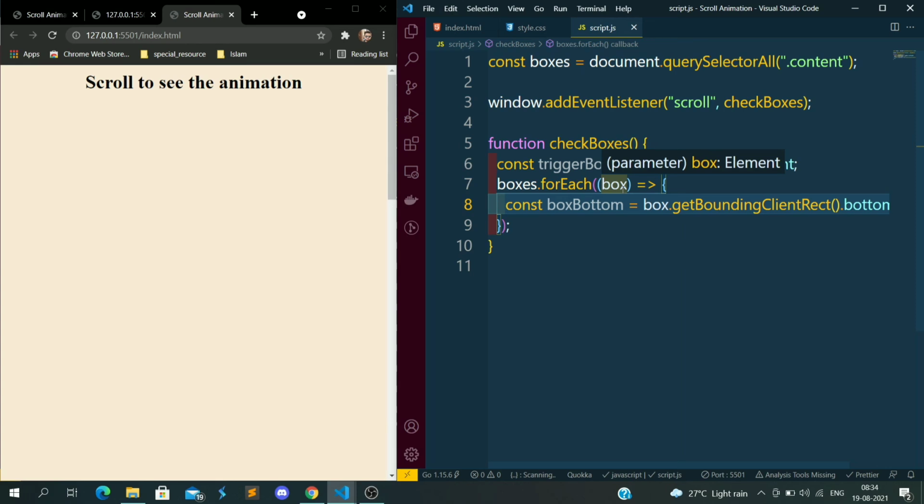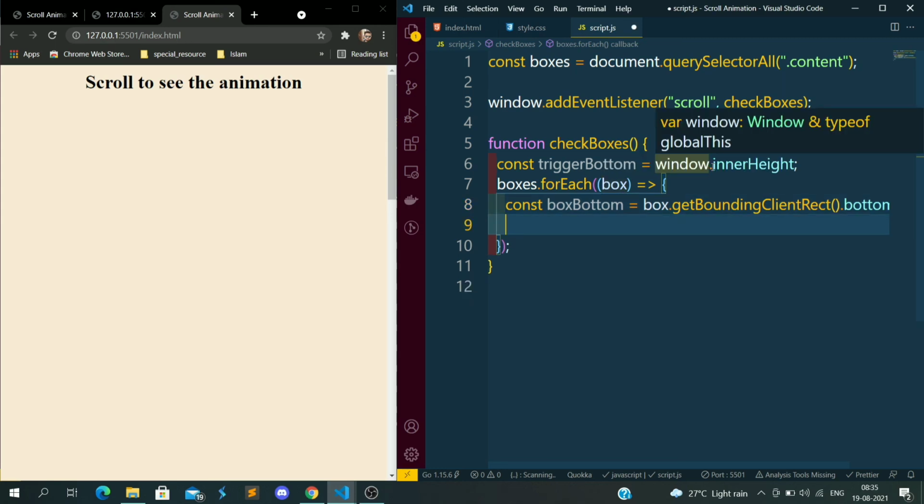I'm taking the bottom height of each box and comparing it with the window height. If the bottom height of the box is less than the window height, then we will show the cards, otherwise we will not show the cards.